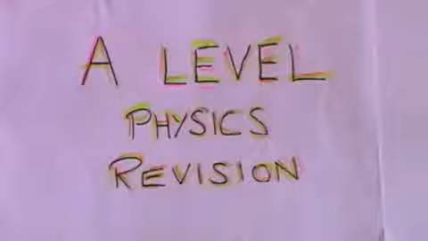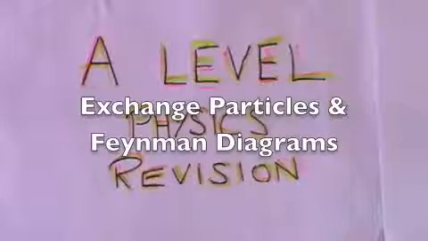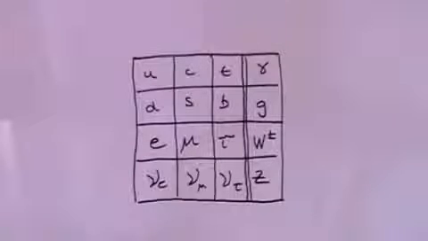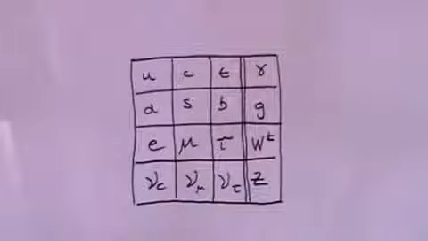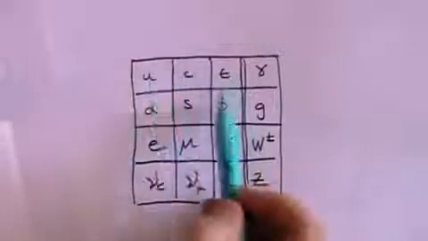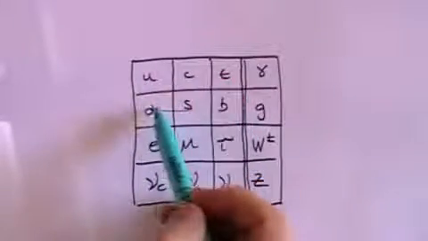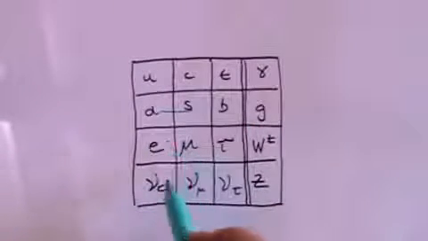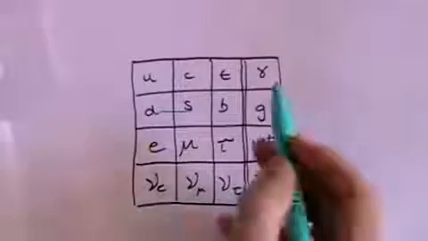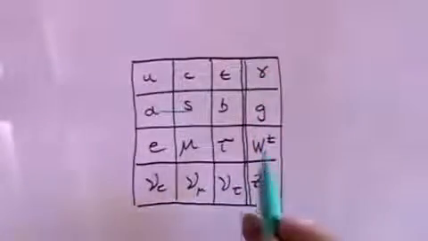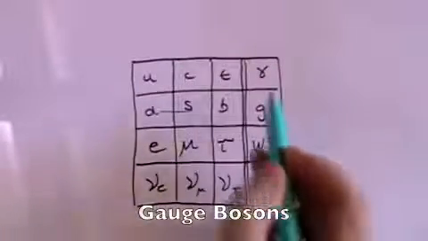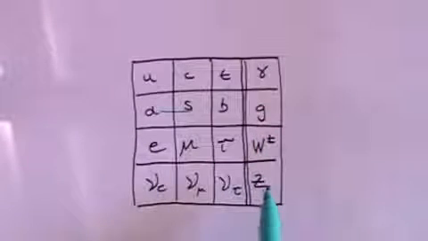Hello, today we're continuing in our A-level physics revision series looking at exchange particles and Feynman diagrams. In an earlier video I set out what's called the standard model, which shows all the elementary particles that we're aware of. There are 6 quarks, there are 6 leptons, electrons and neutrinos, but there is also a category, this column here, which are called gauge bosons, and they are responsible for the forces that we observe in